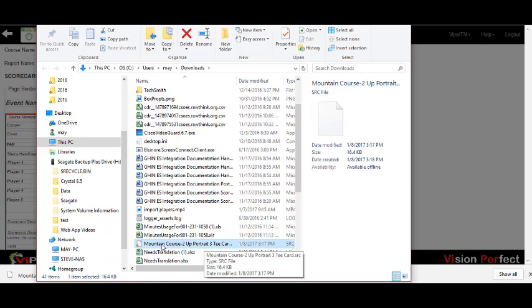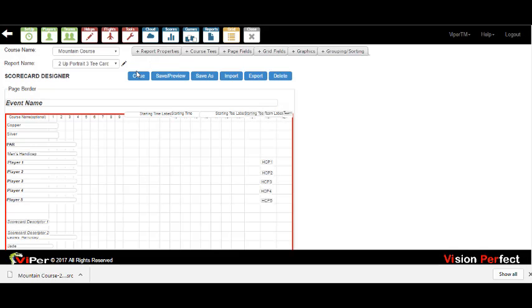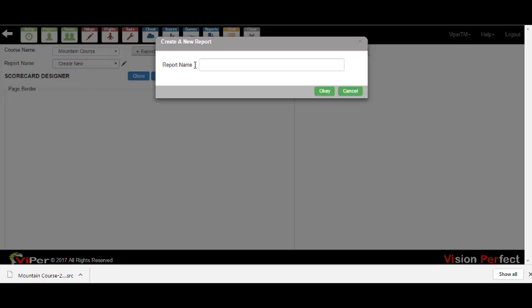So I can save this anywhere that I want now, and what that means is that now I can build a new scorecard and import those settings. If you're going to import settings, you must always build a new card. You don't ever want to import any settings into an existing card, because it'll overlay some of the stuff that's already there. So for example, I'm just going to create a test card just to show you how this works,